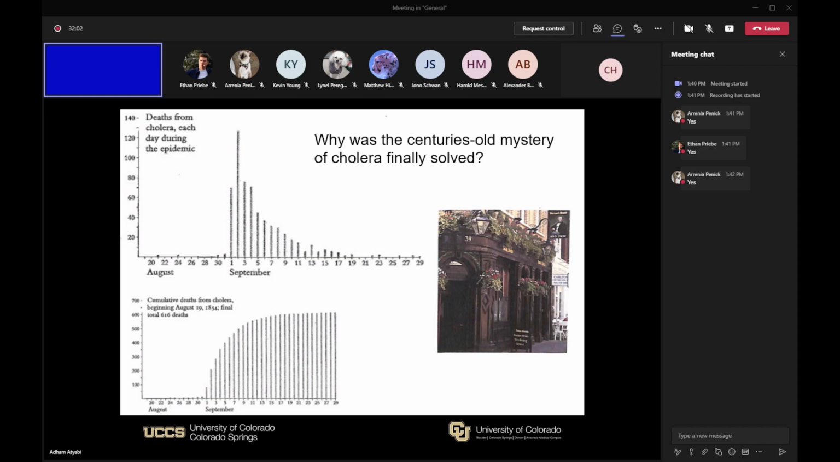Today, at the old site of the Broad Street pump, which is here, there is a public house or a bar named after John Snow, and it has his picture on top, as you can see. And in there, you can presumably drink more safely than 140 years ago. But anyway,